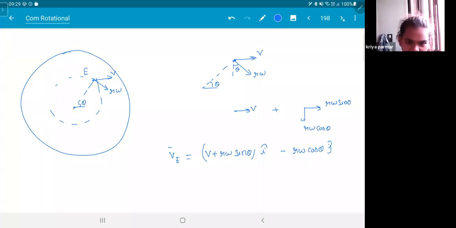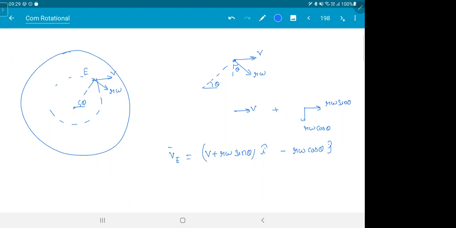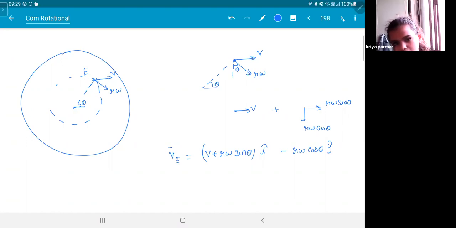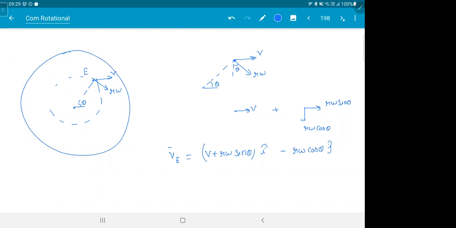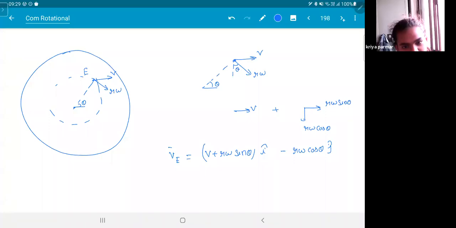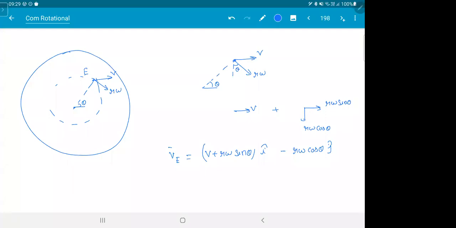So how did you prove that angle is theta? Yeah, I took it theta. Theta is given. Prove it. That is 10th standard maths. This is a tangent, it is 90 degrees, so this was 90 minus theta, and that is theta.